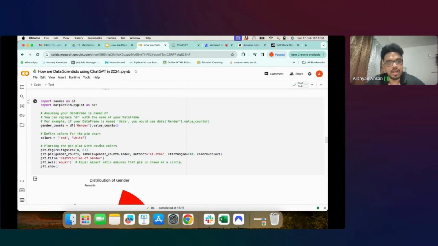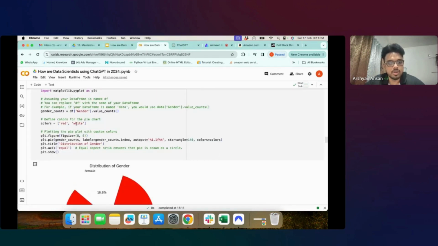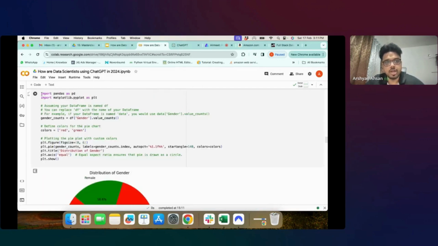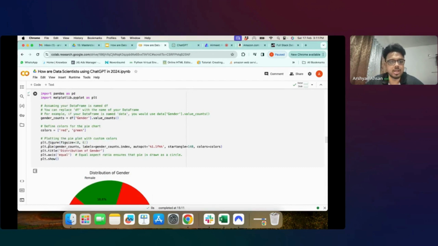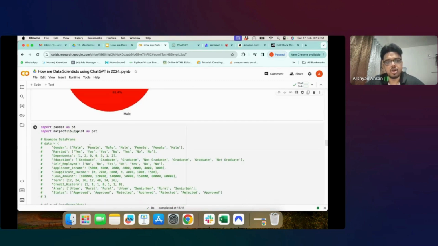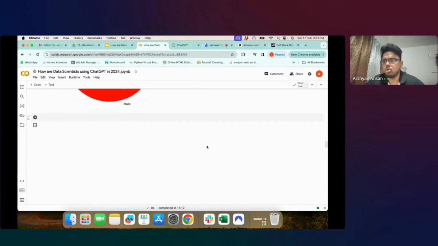तो मैंने उसे बोला कि मुझे रेड एंड व्हाइट में दो, तो उसने रेड एंड व्हाइट एज एन इनपुट पास कर दिया कलर्स में और वो आने लगा। सो इसकी जगह पे मैं रेड एंड ग्रीन भी कर दूं तो इट विल वर्क दैट वे. So once you get the code, now you have to comprehend the code, understand it and make changes on the go, कि अच्छा यहाँ पे plot dot figure में size define हो रही है, यहाँ पे color define हो रहा है, यहाँ पे title define हो रहा है, so on and so forth, right?